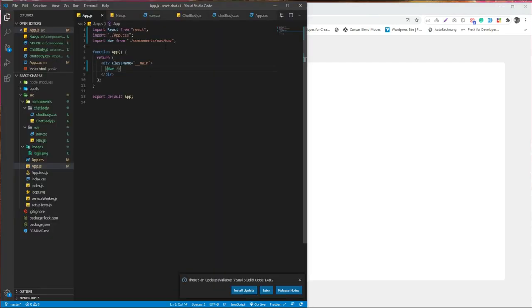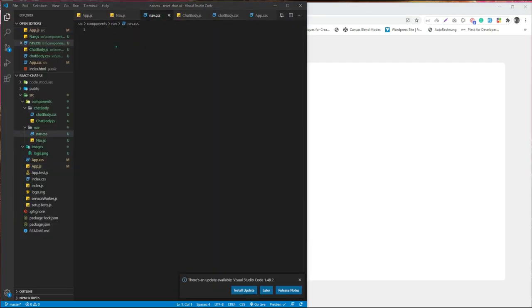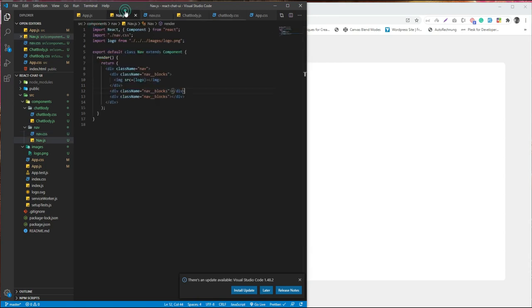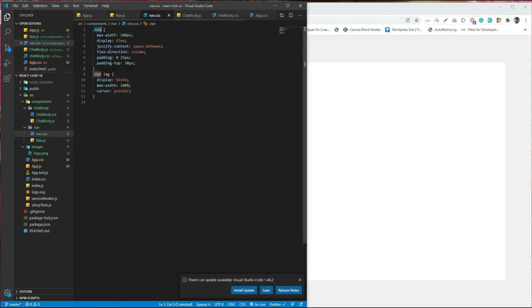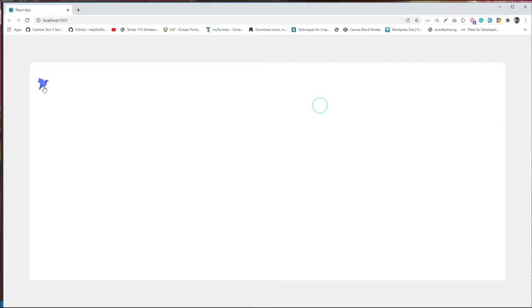Let me apply some CSS in the nav.css file. Anyway, all these files will be available in the GitHub link, so feel free to copy and paste and implement as you want. In the nav class, the main div, I'm adding a max width, flex content, some simple CSS, making the cursor pointer, showing the component.